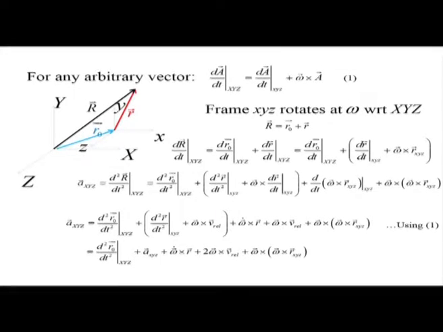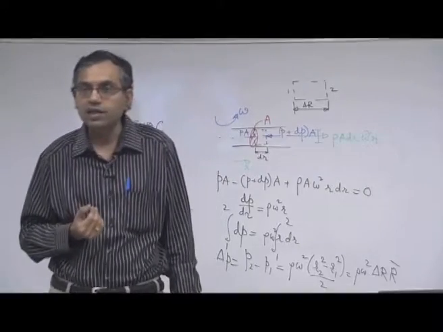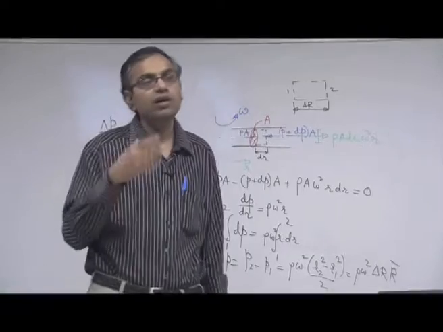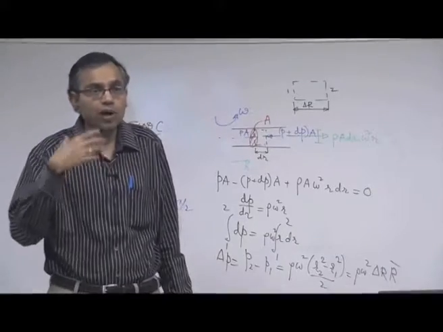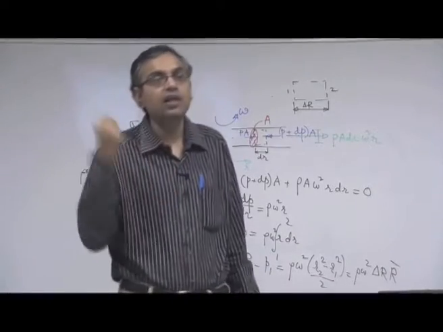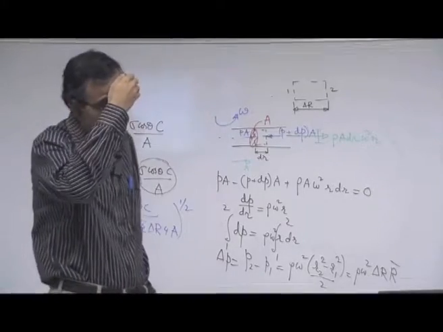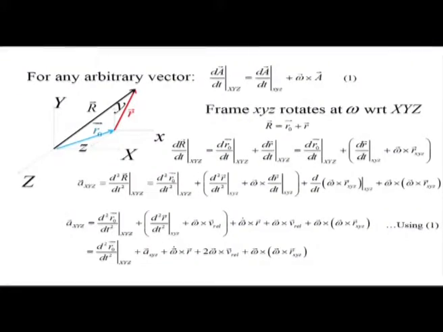If you recall, the Navier-Stokes equation that we derived in one of the early lectures, or a few of the early lectures, there we did not consider any acceleration of the reference frame. But how do we modify the equation to take care of the acceleration of the reference frame? That is the first thing that we will be doing. To do that, you refer to this sketch; I will reproduce this again on the board. You have a reference frame capital XYZ, this is inertial, and you have a reference frame small xyz which is non-inertial, which is accelerating.